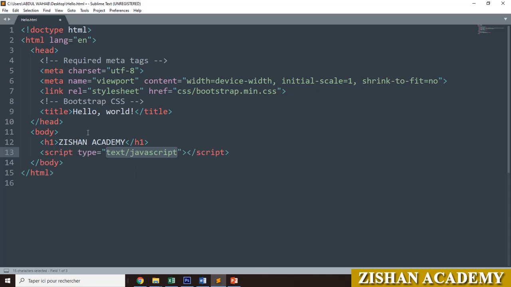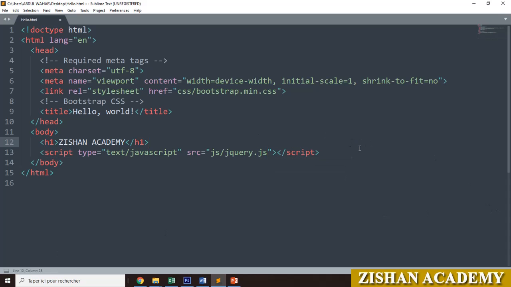Script type is equal to text/JavaScript. Here we will go for source equal to double quotes. We will go for the jQuery file. It is under the JS folder: JS/jQuery.js file.